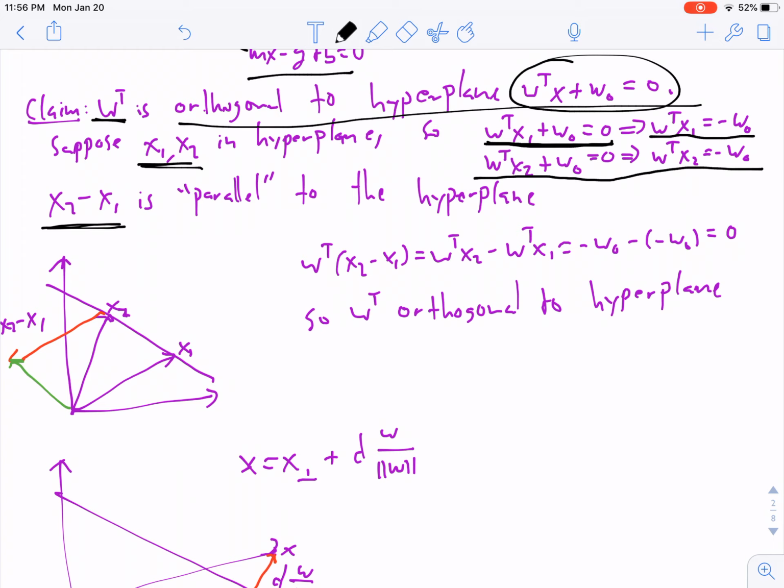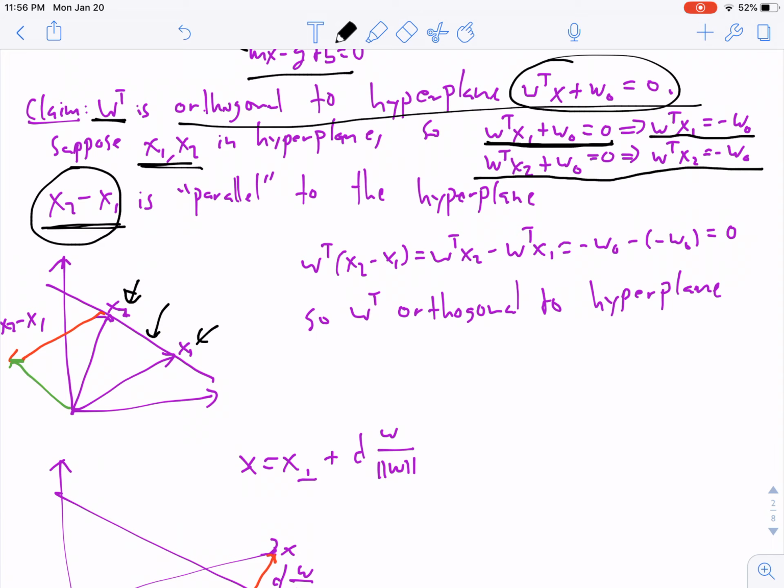we'll use later. The next thing that we want to observe is that x2 minus x1 is parallel to the hyperplane. And what I mean by that is, in this diagram down to the left here, we have x1 and x2, and then we have a hyperplane here. And if we take x2 and we subtract x1 in red, then we get a vector in green, right? And that's parallel to the hyperplane. So basically, that's a little illustration in 2 dimensions to help you build intuition for that fact, right? You're taking 2 points in the hyperplane and you're subtracting them, so this resultant vector will be parallel to